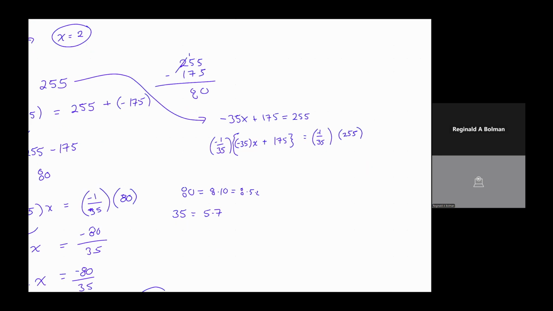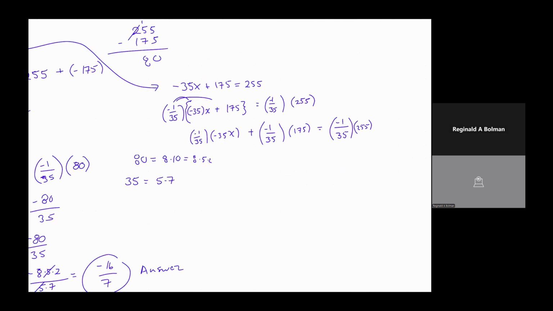If you wanted to multiply by this negative 1 over 35, you're going to multiply across the entire term, not just your negative 35x. So you've got to do negative 1 over 35 times 175 too. And then on the other side, obviously, what you do to one side, you have to do to the other side. Now, the reason we don't recommend this procedure is that you're just going to really complicate solving these problems,